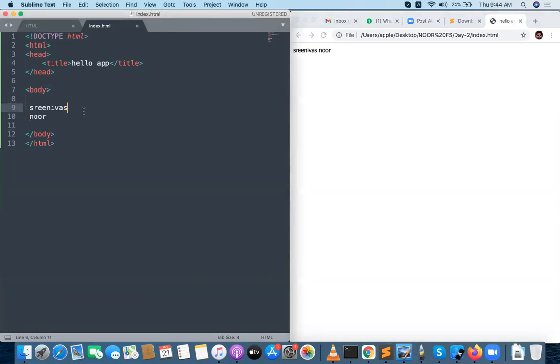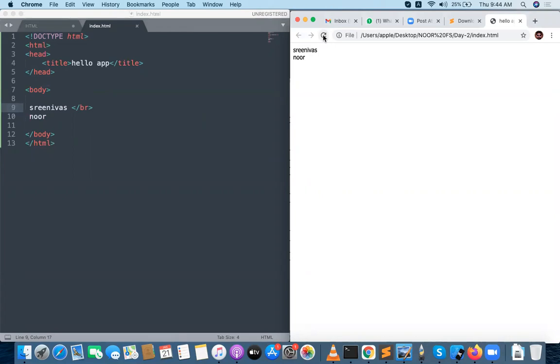If you don't want to see the text side by side, what you need to do is give a simple recommendation to the browser: take a break. This is the break tag. Whenever you give some input to the browser, some recommendation, the browser puts your text one line by line.